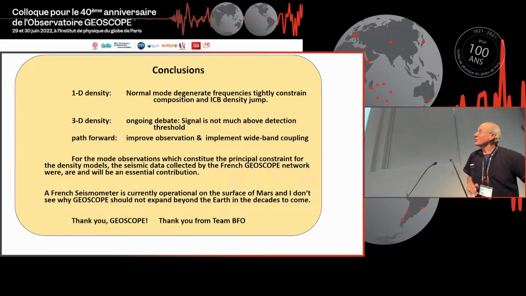And with that, I would like to conclude. Yes, 1D density, we're in very good shape with. 3D density is where we have to work in the future, because for geodynamics, it's absolutely essential to know 3D density. It drives convection. And yes, we need to improve